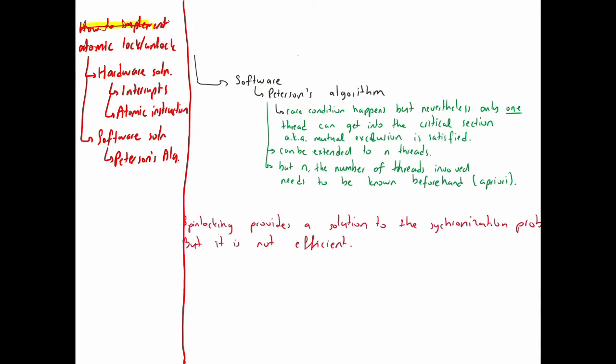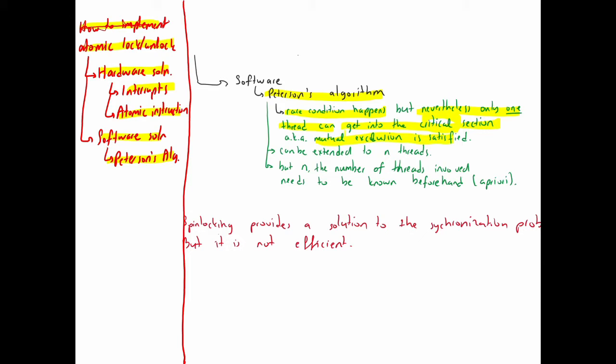Now, by looking at how we can implement the atomic lock or unlock, we've found out there are some hardware solutions like interrupts and atomic instructions, and we also covered one software solution, which is Peterson's algorithm. Peterson's algorithm does something that seems impossible, and we have covered this in detail. I suggest that you go ahead and look at the slides, which tell exactly how it works. In Peterson's algorithm, the race condition happens, but nevertheless, we can ensure that only one thread gets into the critical section. This is very important, okay? And that means that we can have mutual exclusion